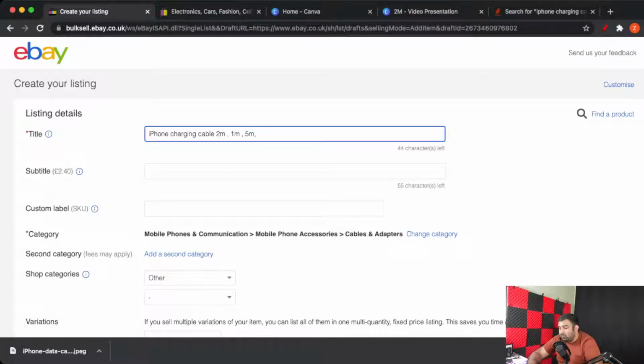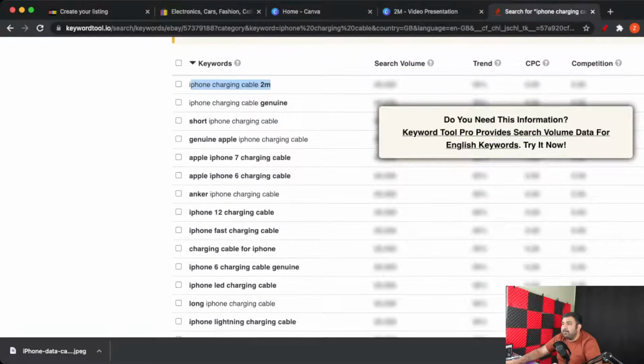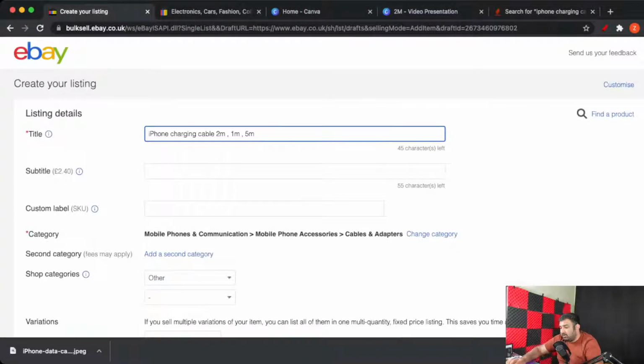You might say, normally if I was listing and if I haven't done my research, I will just simply go 1, 2, and 5. But the thing is, you can't ignore the data. You really have to do the analysis for the products that you want to sell. If you want to successfully sell them, you need to spend time doing that. So 2 meter, 1 meter, and then what other things that people really care about. Okay, a lot of people are looking for iPhone 7, 6, and 12. That might be the famous model, but what you want to do is for